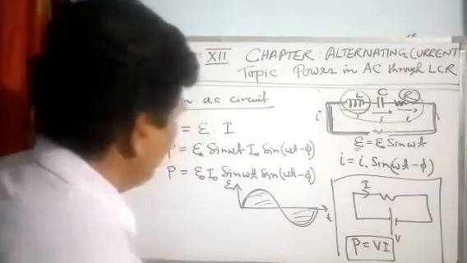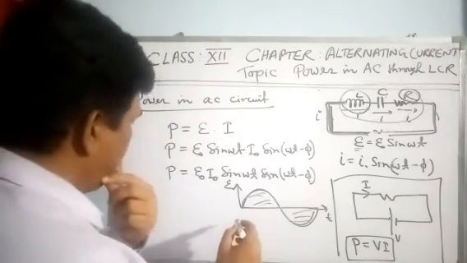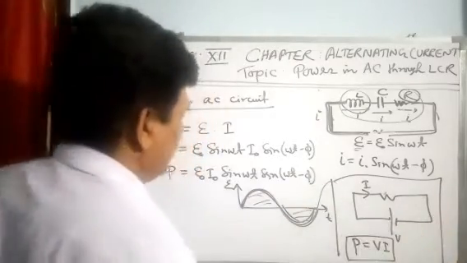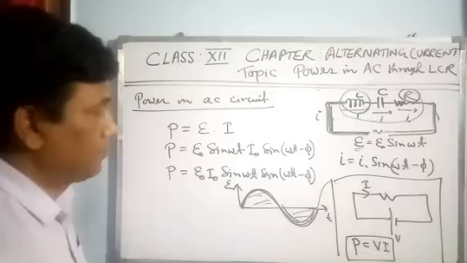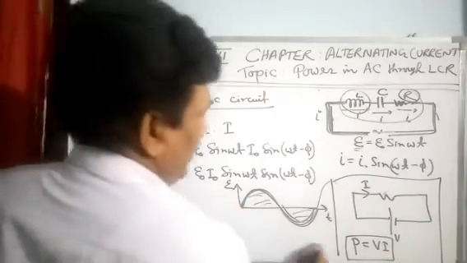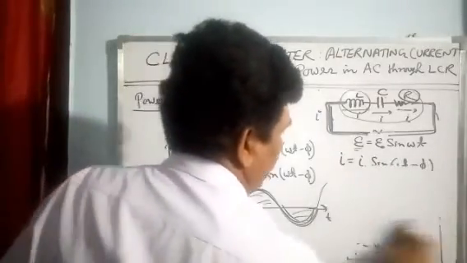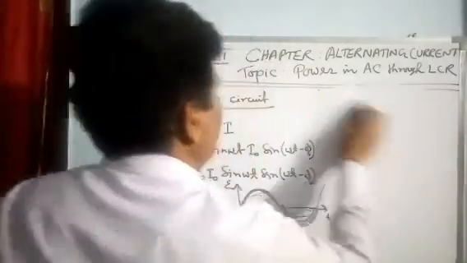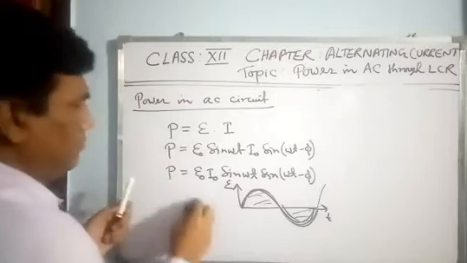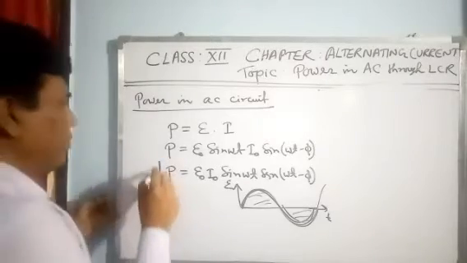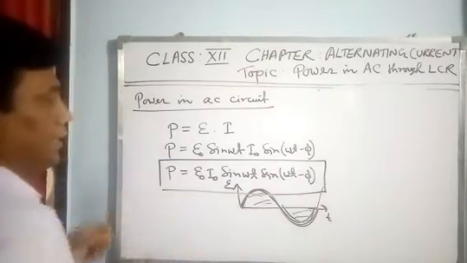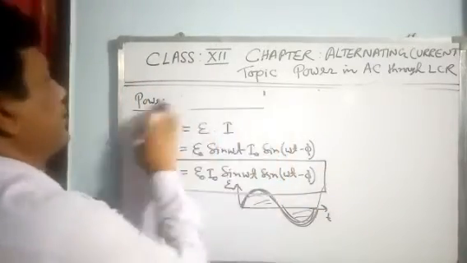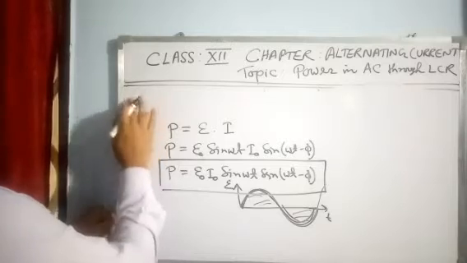Anyway, what I am going to do now is find the average power in a complete cycle or for a long time. What is the average power? Let me wrap this up. The simple definition of power is this only. You can keep it in a box, no problem. But now I come to the point: average power.